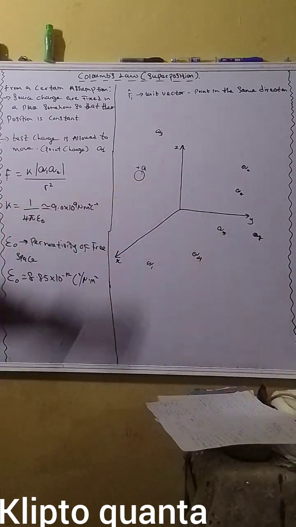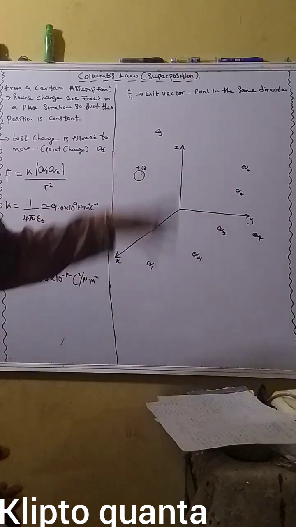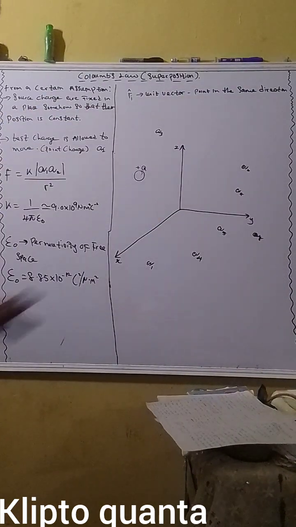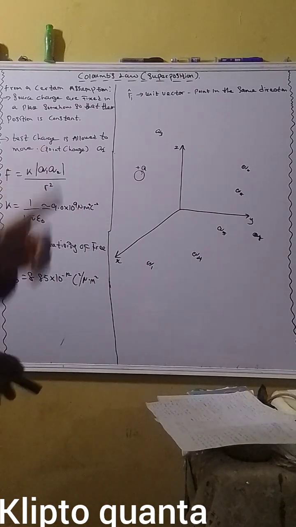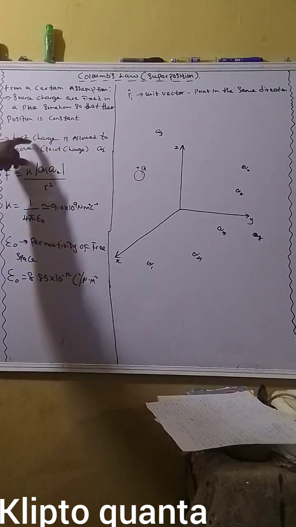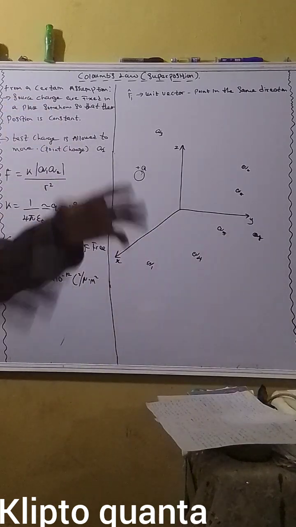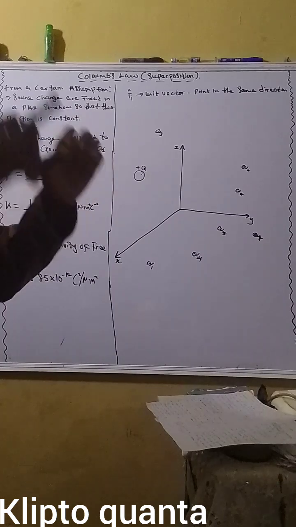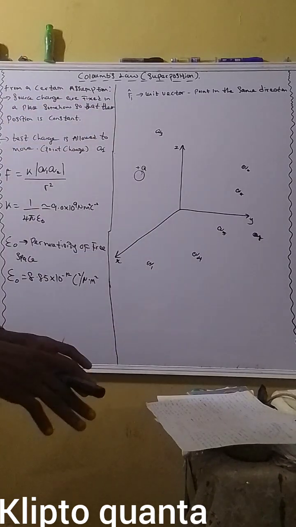Now, looking at this diagram, you have a particular charge here. This is just an assumption; we haven't said that this has a certain particular charge. We are just using an illustration to explain how different charges work. We have two things to take note of when dealing with superposition: the source charge and the test charge. This source charge, we assume to be a charge that is fixed in one position,